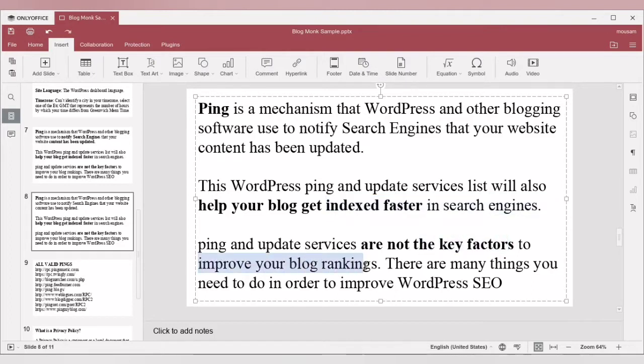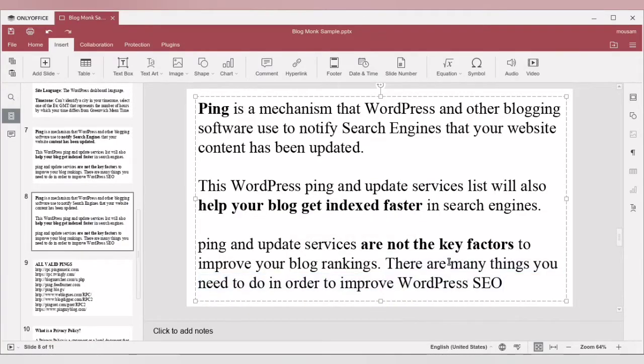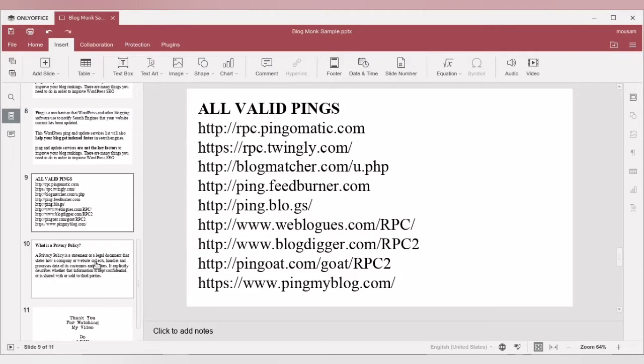Now if you have structured your WordPress as per the guidelines which I will be explaining in future videos, in that case this ping service will not be of great help to you. There is a reason I personally am not using this ping service. I do not put those links, but if you want, you can do it. There are other on-page and off-page SEOs that need to be done in order for your website to rank faster in search. We will discuss those things in some other videos. Today's topic is all about settings of WordPress. So these are the valid pings which are available. You will get them in the description and in the comment section below.